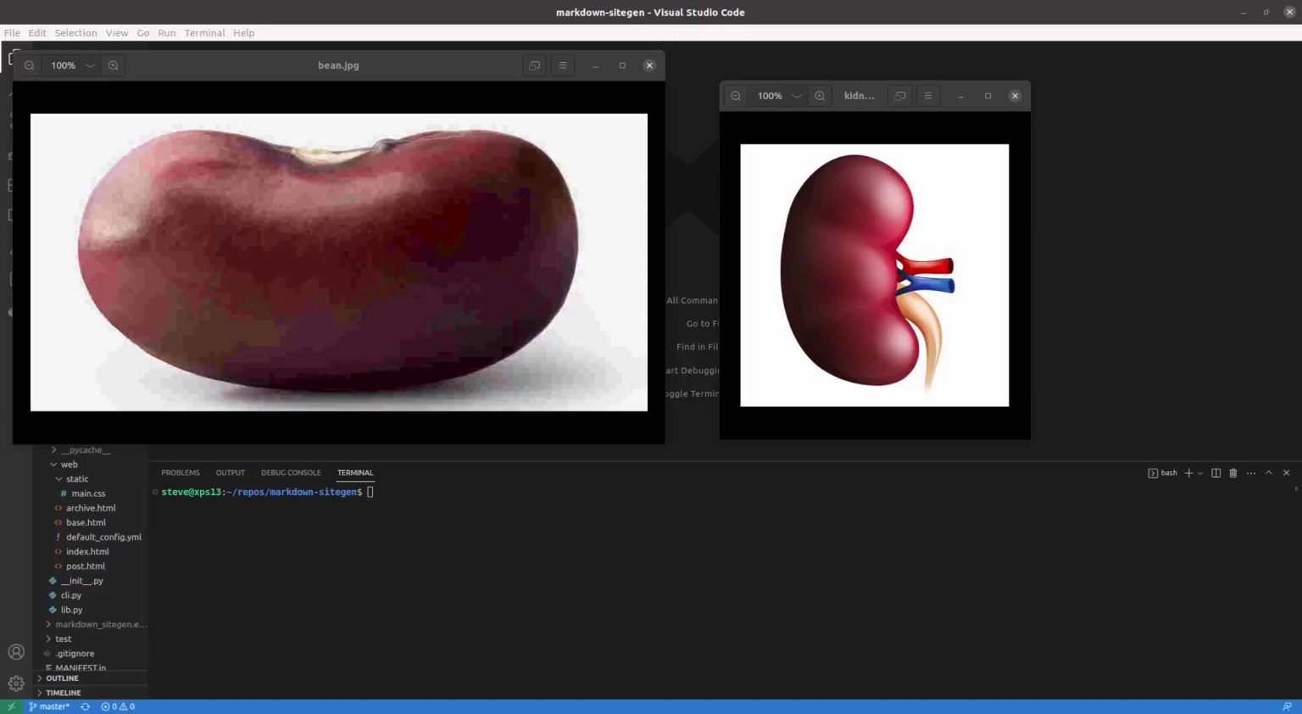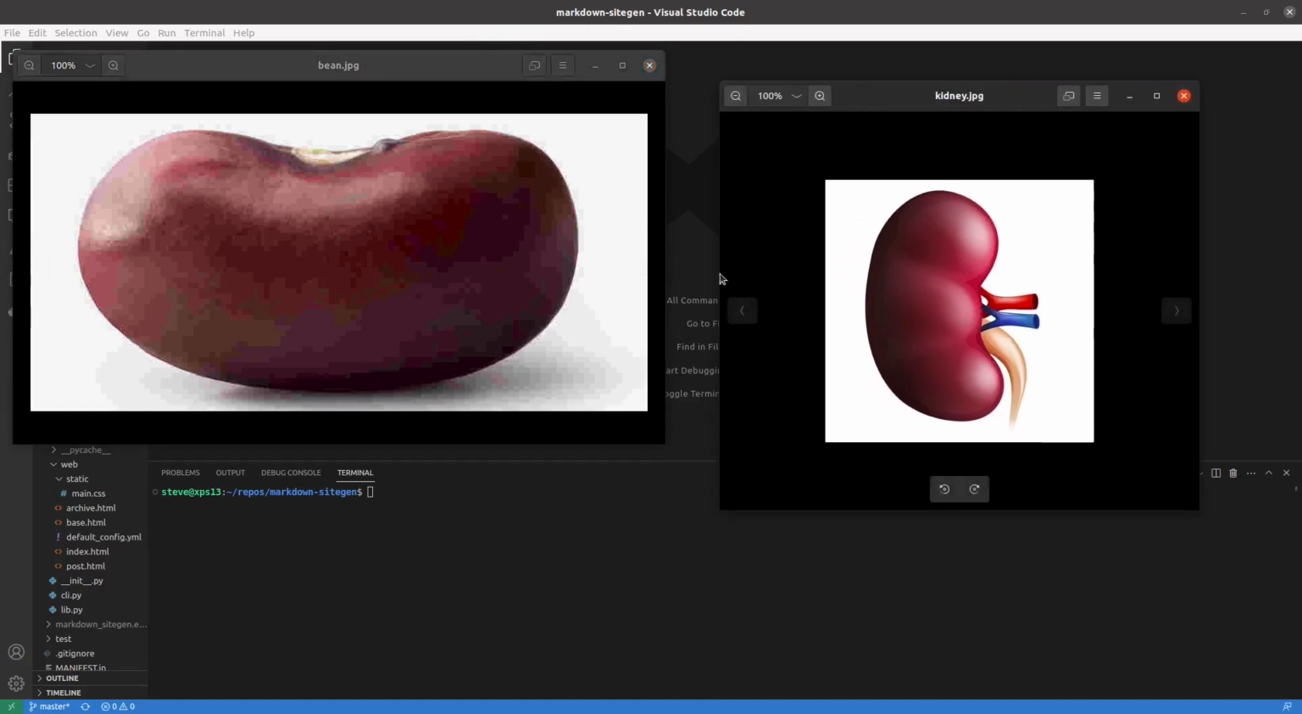Exhibit A. Can you spot the difference between these two images? On the left, we have a kidney bean. On the right, we have an actual kidney. In this video, we're going to take the bean.jpg and the kidney.jpg and copy them both into the static folder